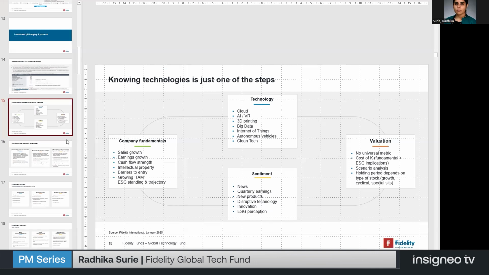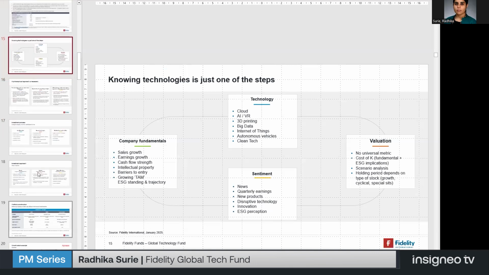So one of the key outcomes for this portfolio is that we do have exposure to tech, but we do it in a very valuation conscious way. And we do tend to use sentiment to our advantage. What that means is that if you see a sell off in stocks, if you see volatility overall in the sector, chances are that we will be using the volatility to refresh the portfolio and to find ideas which have been sold off a bit too much. So we are early buyers of stocks. We tend to avoid areas that are expensive, and we tend to avoid areas where there is a lot of momentum, which is not justified. So that's how you need to think about the philosophical approach overall.